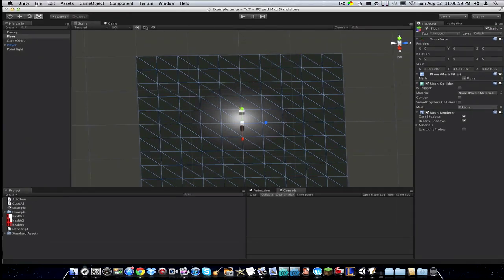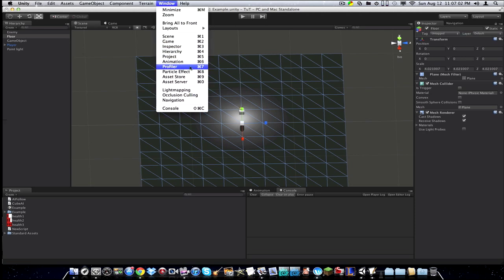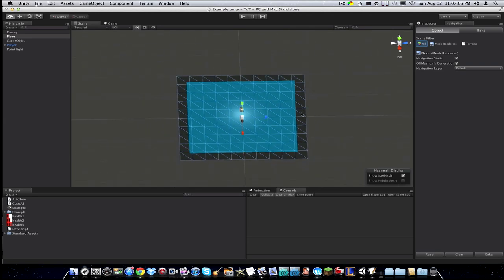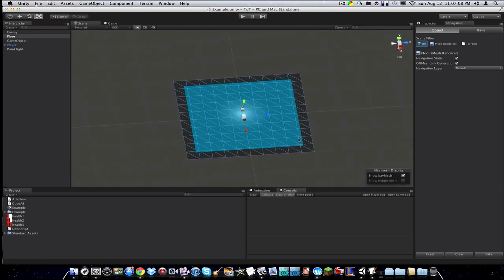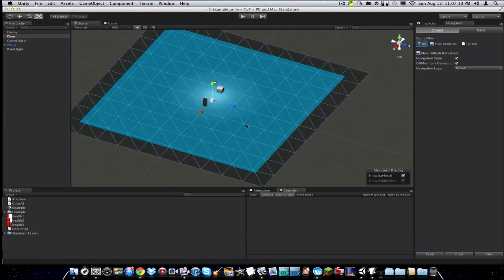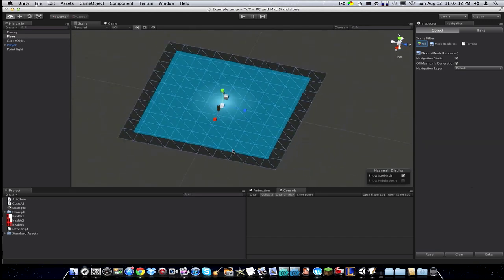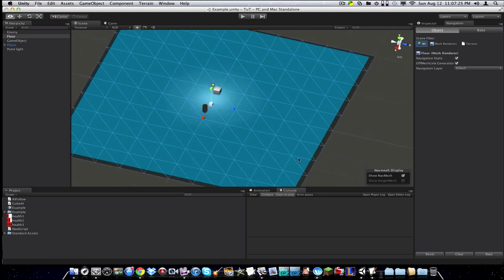If you don't, then you're going to go to window and navigation. Now you might see this, you might not, but there might be a blue thing, there might not. It doesn't really matter at this point. What you're going to do is make sure that your floor is selected, and over here on the NavMesh display, click show NavMesh if it's unchecked, and then you're just simply going to click bake,